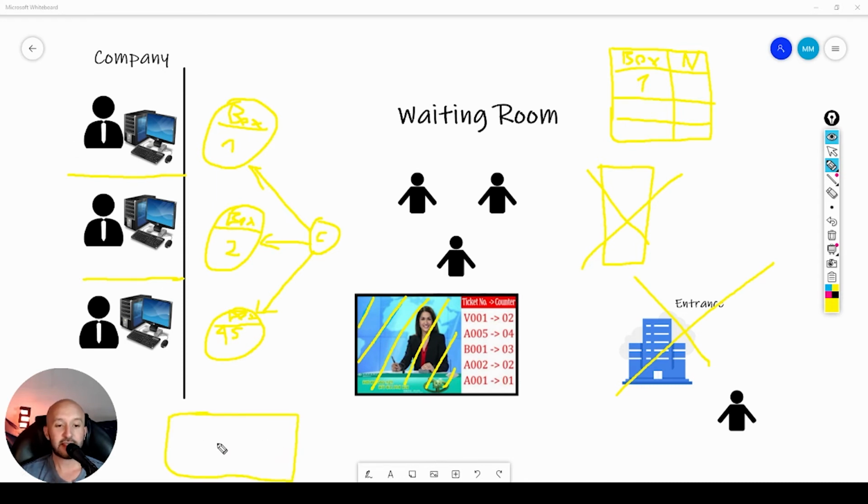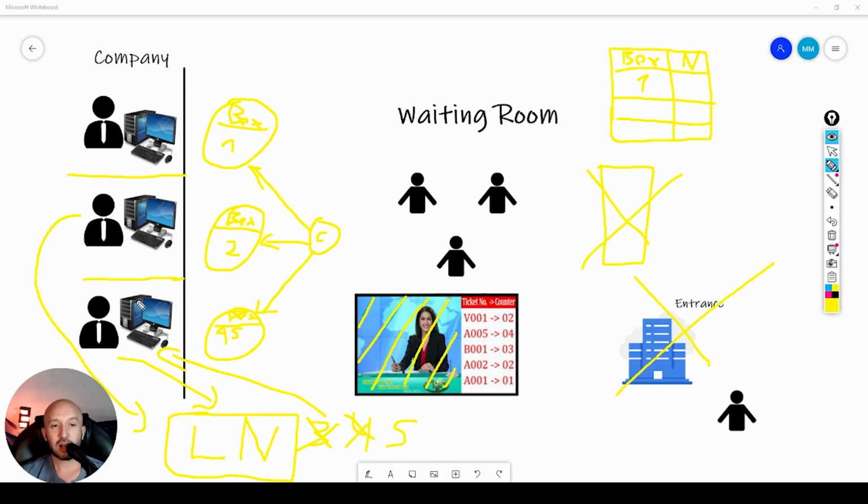We will need a centralized point that has the latest number, right? Latest number. This is like a ticket that every time you get the following number, it will auto-increment. As simple as that. So if an employee in this box calls this place, they will get the number 3, and this will change and increment to the number 4. And then if the other employee calls this again, they will get the number 4, and then this will be 5, and so on, right?